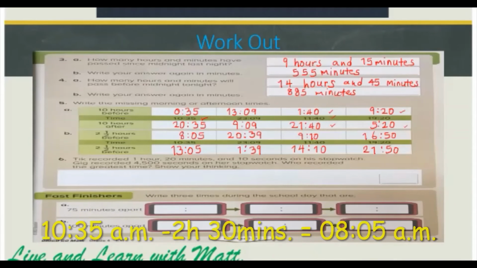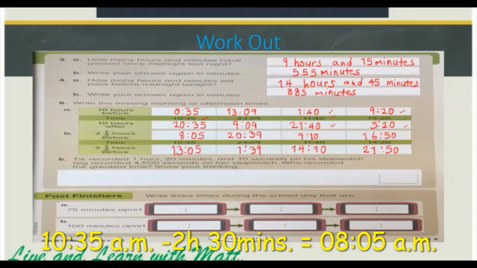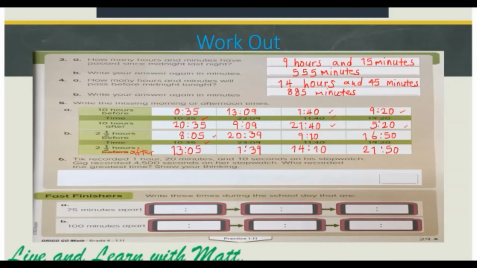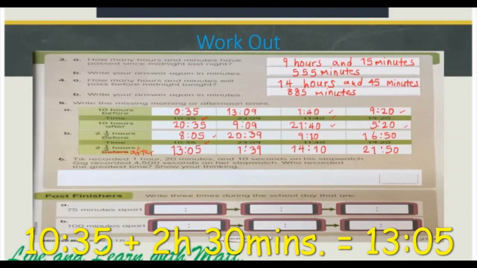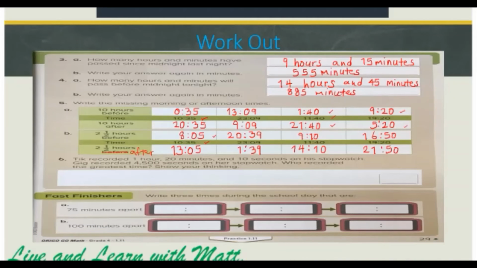Part B, 2.5 hours, which is 2 hours, 30 minutes. So 2.5 hours before 10:35, we get 8:05. So 2.5 hours after 10:35 will be 13:05. That means we added 2 hours, 30 minutes. The same goes for the next time, 23:09. We subtract 2 hours, 30 minutes, we get 20:39. We add 2 hours, 30 minutes, we get